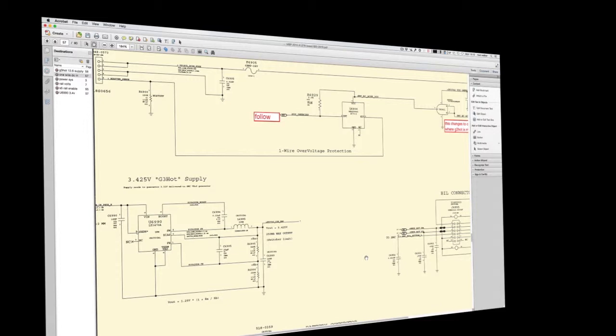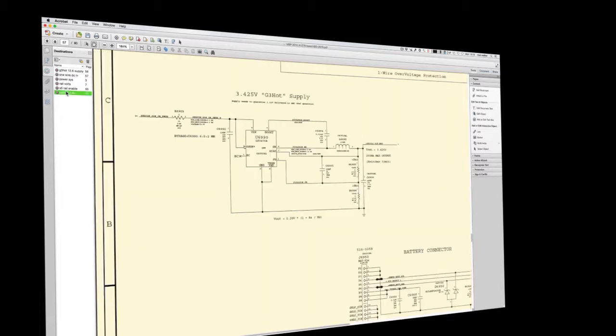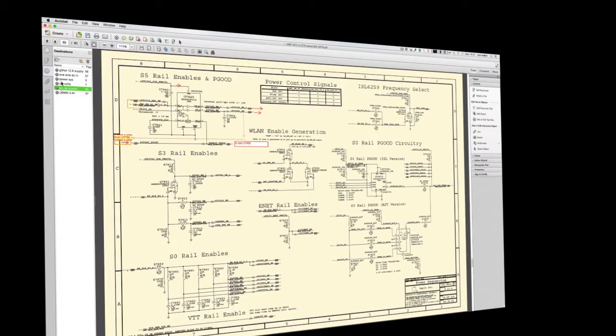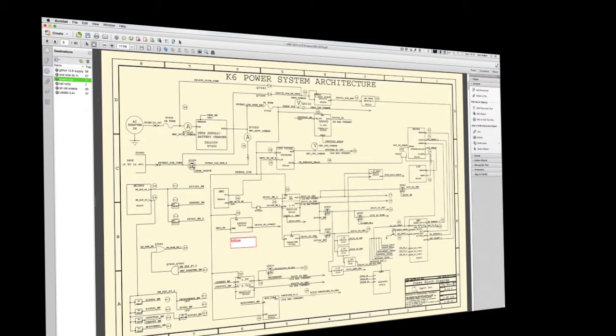The way to do this is quite straightforward. So let's go to, say, let's go here. No, let's not go here. Let's go to here, for instance. So this is an overview of the power system, and let's say I want to go somewhere very specific. So this little beastie here, U7200. The way to do this is you go to link, you get a small little cursor, and you draw a box,